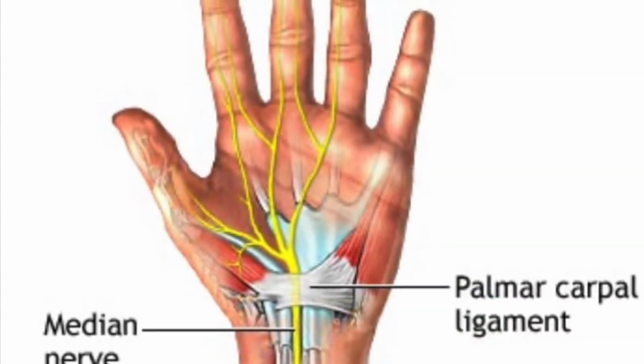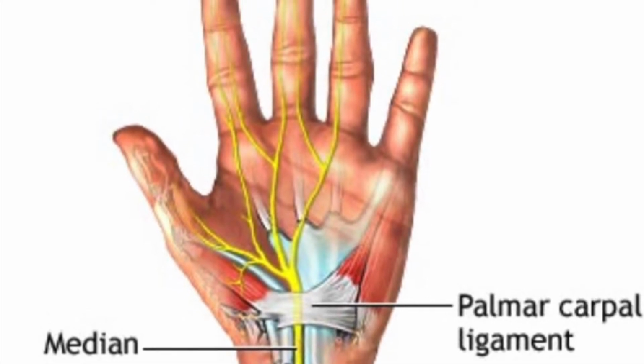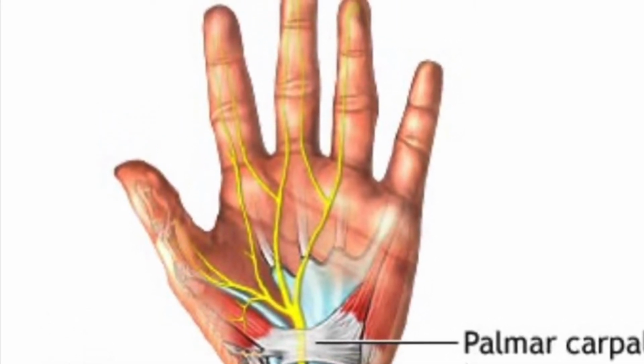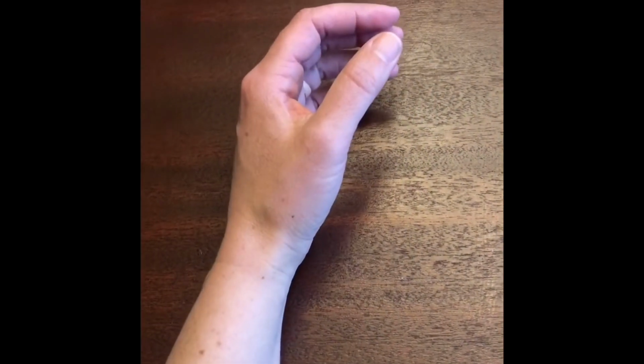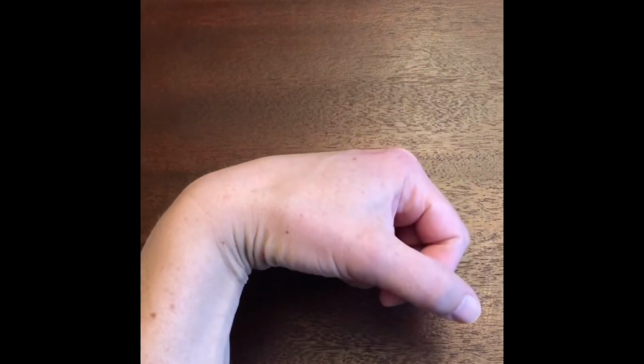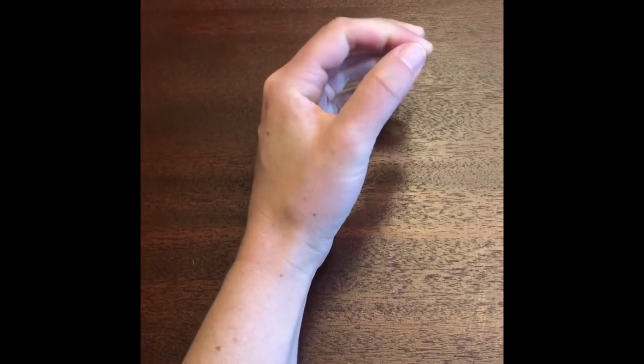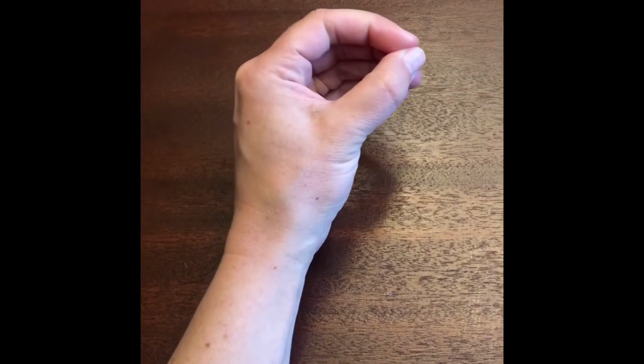The median nerve, shown in yellow, runs through a tightly packed area in the wrist, along with the tendons that flex your fingers and thumb. Activities that require repetitive bending of the wrist, tight gripping, or tight pinching can increase pressure on the nerve. Aim to maintain a neutral wrist and a relaxed grip as often as possible so that the nerve can heal